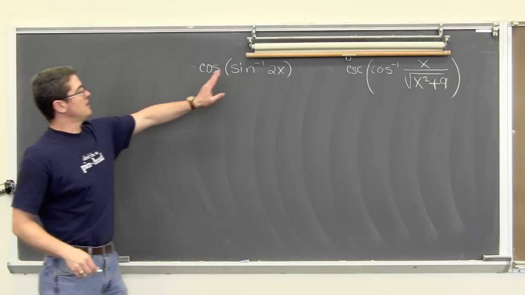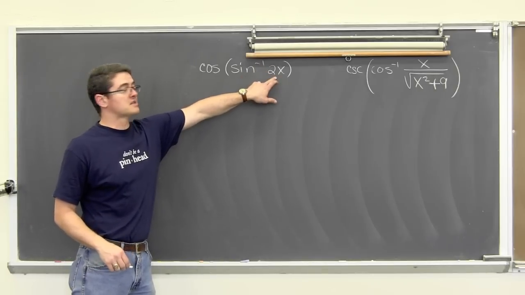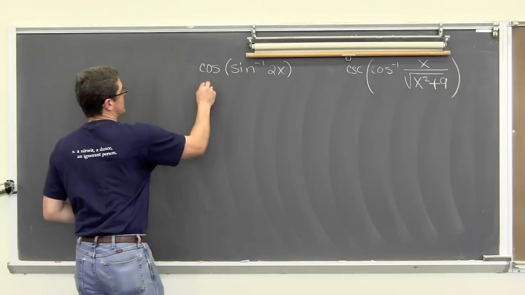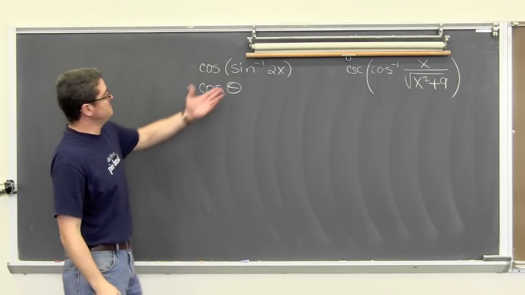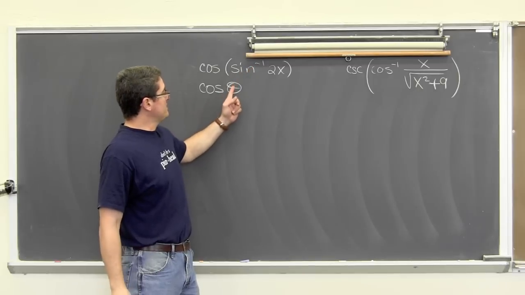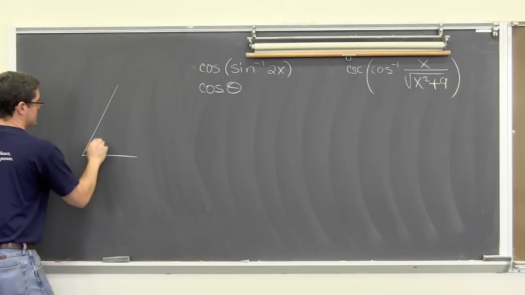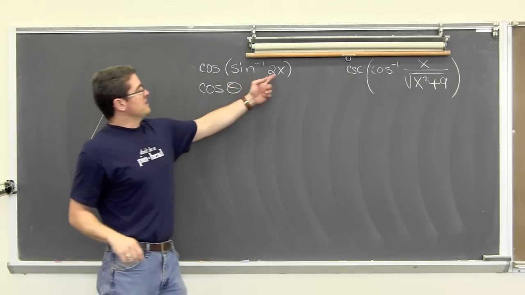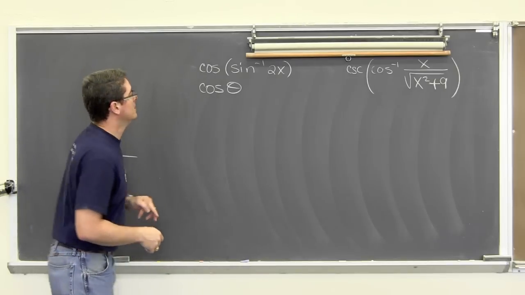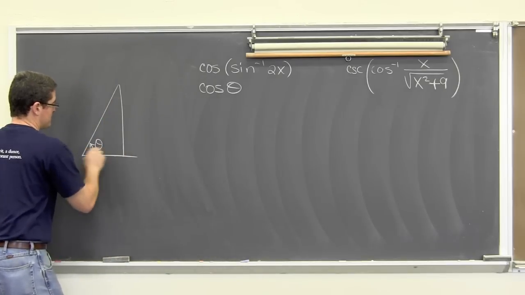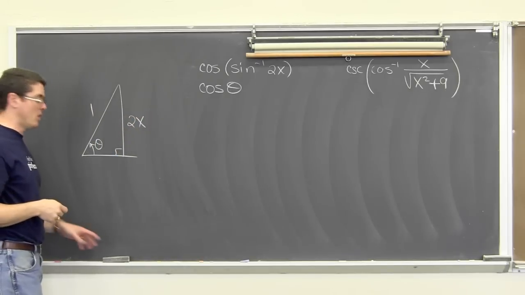We've got cosine of the inverse sine of 2x. So remember, if this is inverse sine, this must be the sides of a triangle, and from it we are going to get an angle measure. So we have to set up that angle measure. Well, from this we get theta, so let's draw theta out. So there's theta. If this 2x is going into the inverse sine function, that must be, again, opposite over hypotenuse. So from theta, we have an opposite side of 2x. The hypotenuse, again, for this is going to be 1.